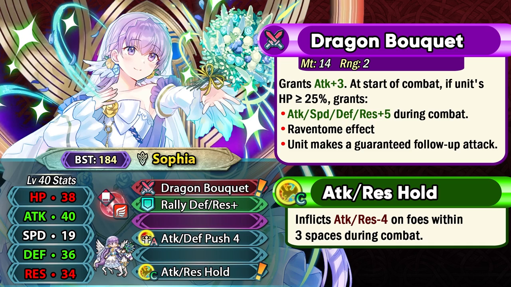She's definitely pretty unique as a red mage flyer because of having this kind of bulk with 36 base defense, having super boon in it as well. And we usually don't really see mages having this high of a defense. She also has good resistance at base 34, but unfortunately her HP is not the highest,